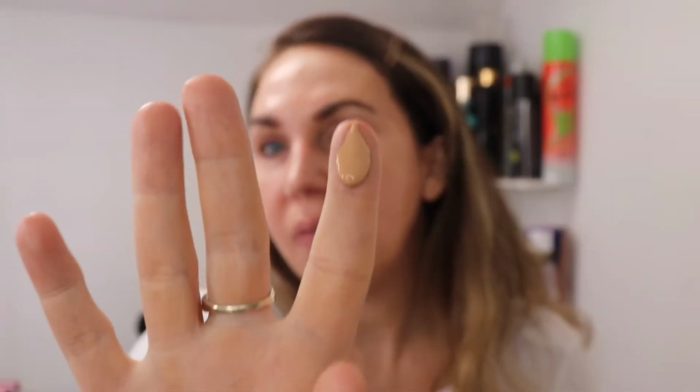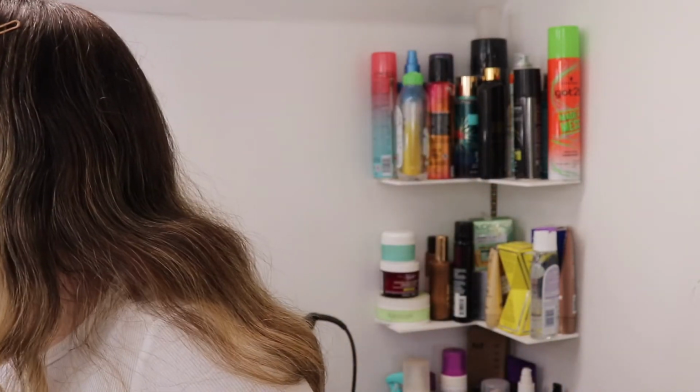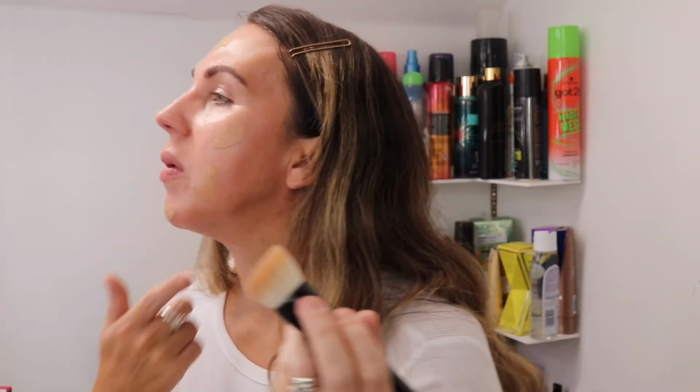I'm going to have to use a brush today because I don't have a sponge at hand at the moment. So I basically just squeeze out around that much, if you can see. And that should be enough to do my whole face. Actually, I'll use my Wayne Goss brush, which I've used, like, what, once? I need to start using my brushes. I'm so scared to use them all the time because...